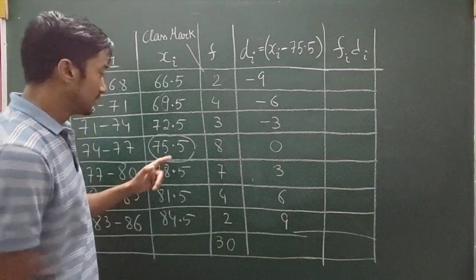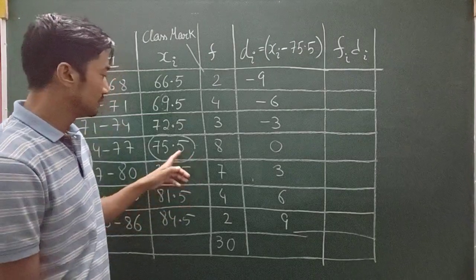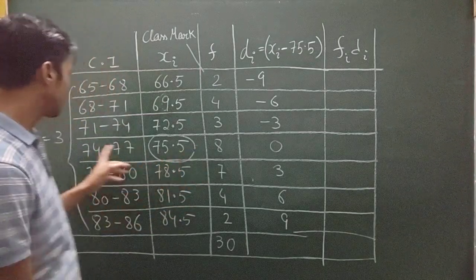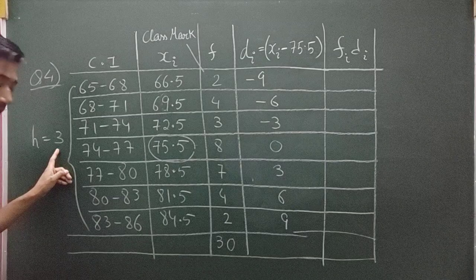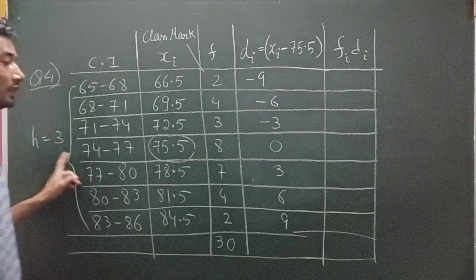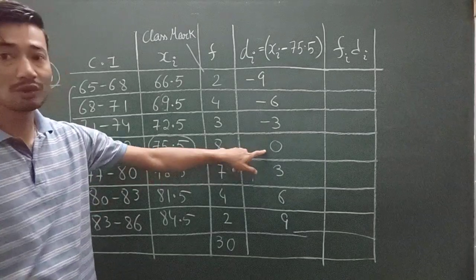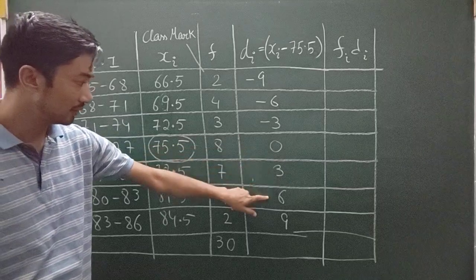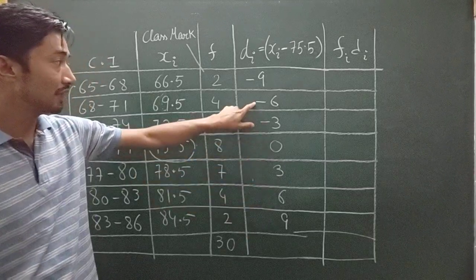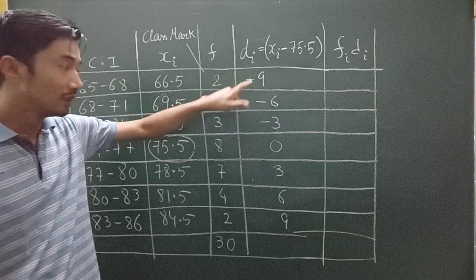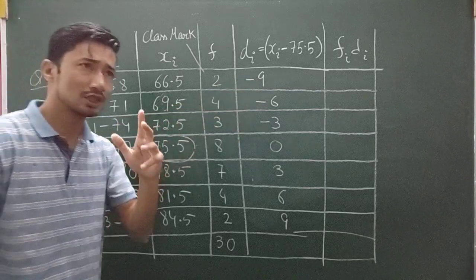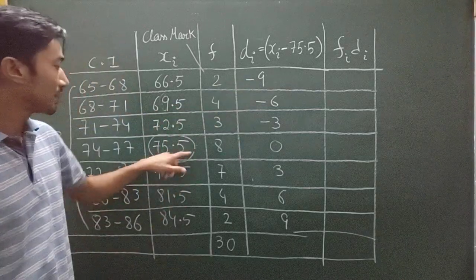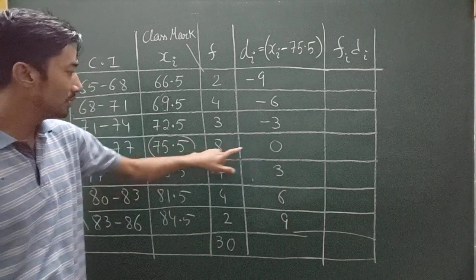Once again, for example, if the class width was, instead of 3, let's say 10, in that case this will be 0. Then you will go on increasing by 10. 10, 20, 30. Minus 10, minus 20, minus 30. Got it? Or if the class width was 5, then wherever you take the assumed mean, there the deviation